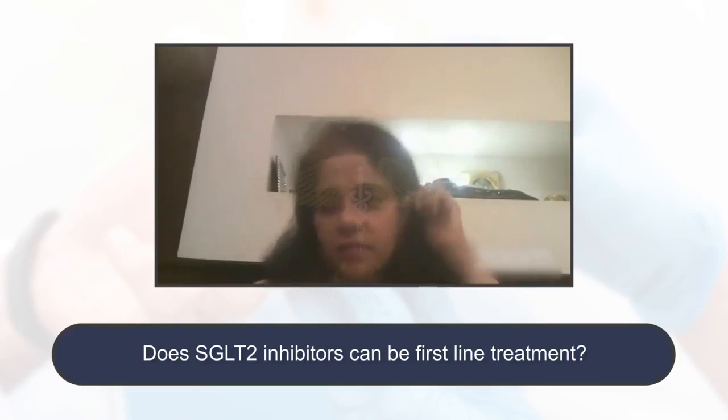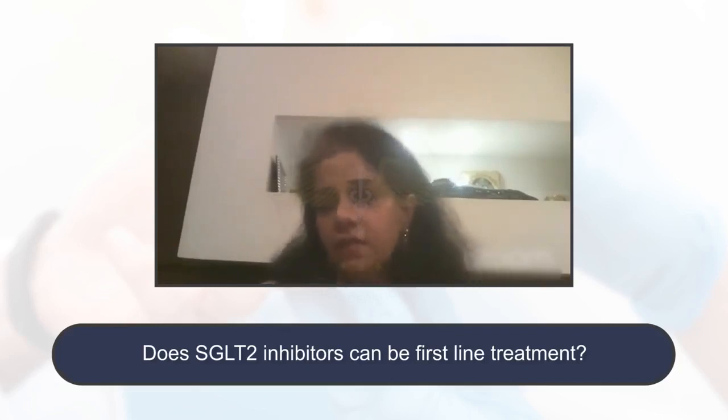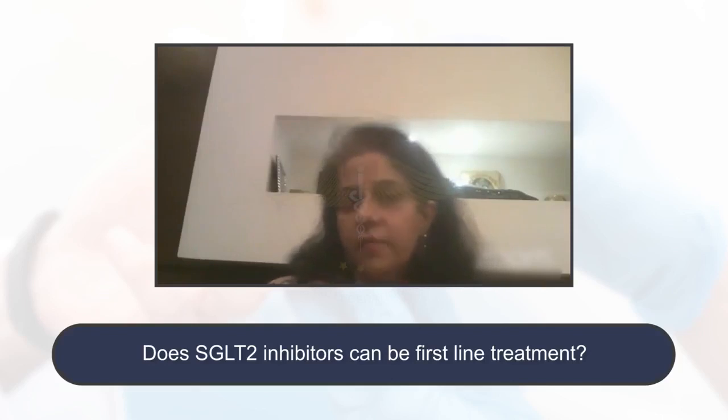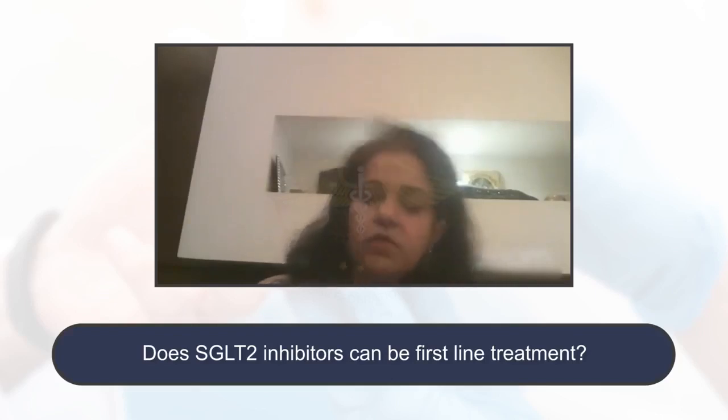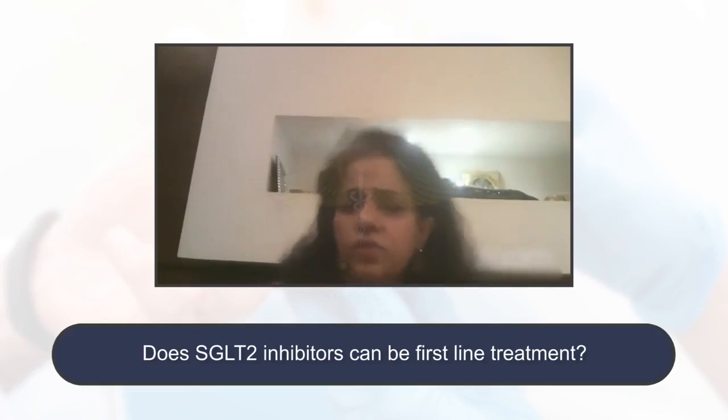Second, uncircumcised Hindu males may develop genital infections, even balanitis and balanoposthitis. Similarly, women may develop genital infection. And if it's a male diabetologist or endocrinologist who's looking after them, they may not tend to tell the doctor and may go to a gynecologist. And then this genital infection can be missed. So I feel with SGLT2, it's a powerful drug, but use it with caution.